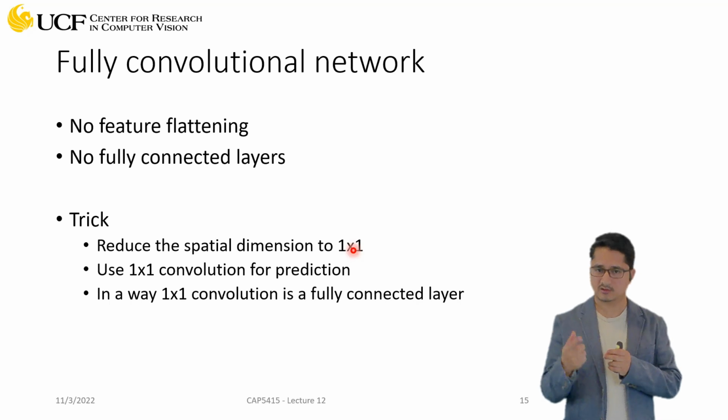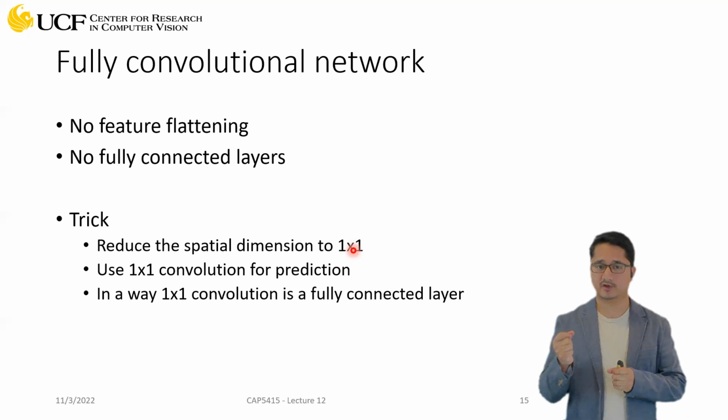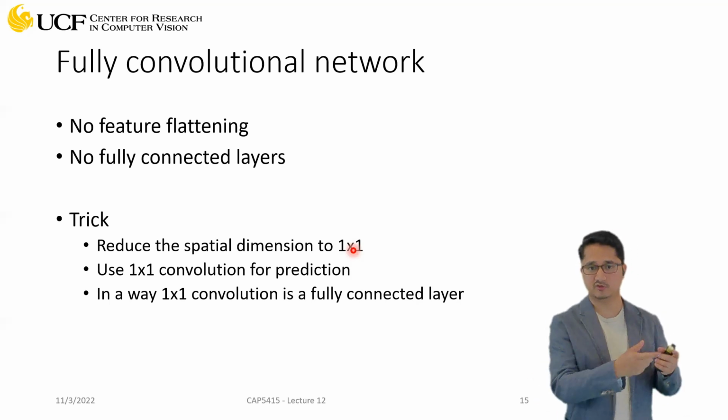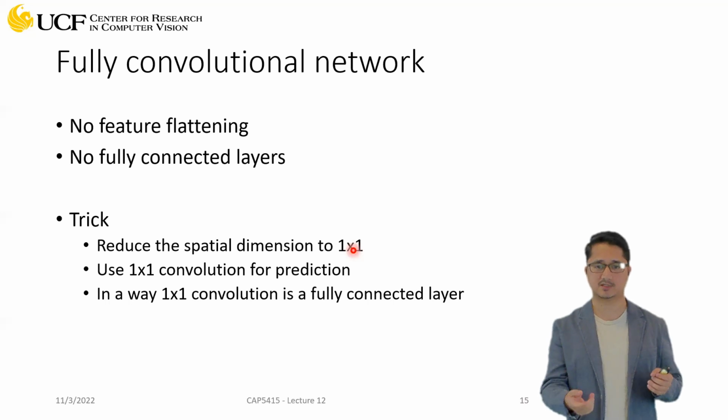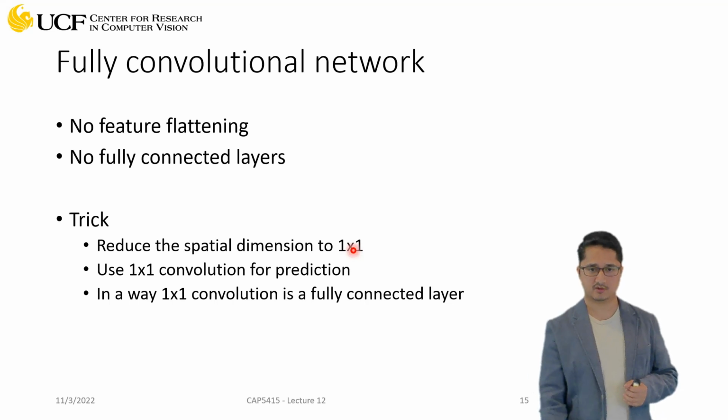Now the trick is, don't flatten. Keep reducing the spatial extent. Keep reducing and reduce until you reach 1 cross 1. Eventually you will reach there, right? If you keep doing convolution and max pooling, at the end, it will be just 1 cross 1. Now, once you have 1 cross 1,